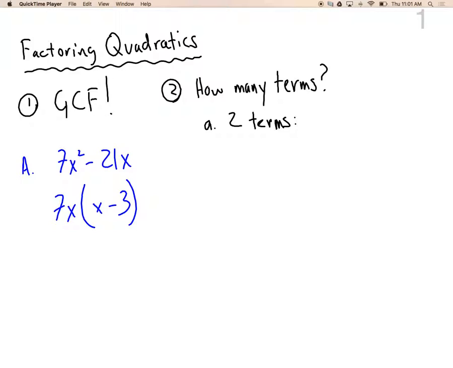If they have 2 terms, and we're ignoring the fact that you've already factored out the GCF. Okay, so you've done step 1, you have a quadratic sitting there, and that quadratic has 2 terms on it. The only thing you can do with that quadratic is ask yourself, do I have perfect squares? So for instance,